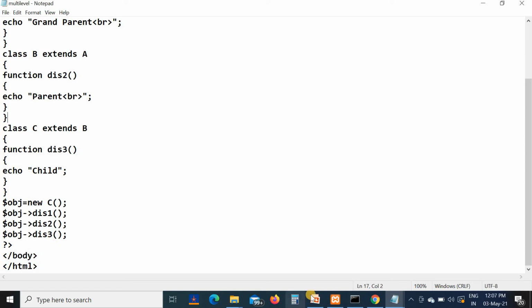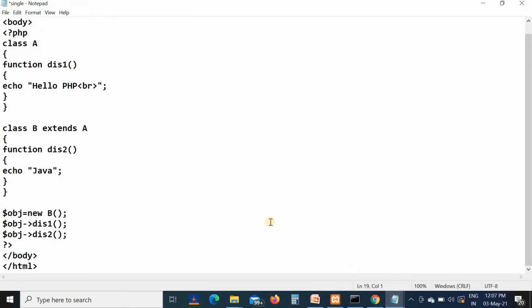This is multi-level inheritance. See the output. First it will display the grandparent, after that a parent, then after that a child. This is multi-level inheritance.